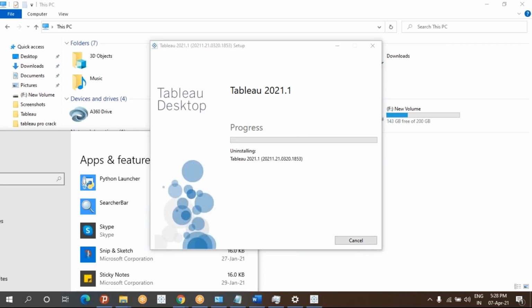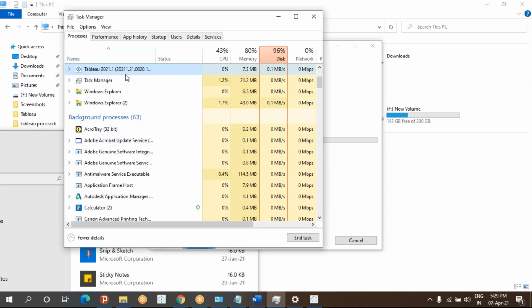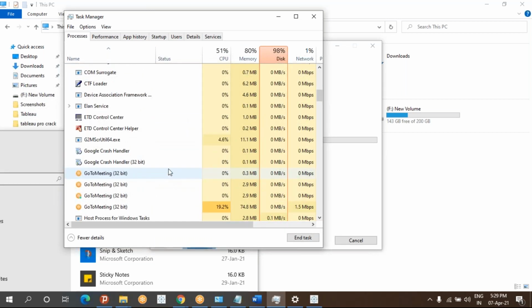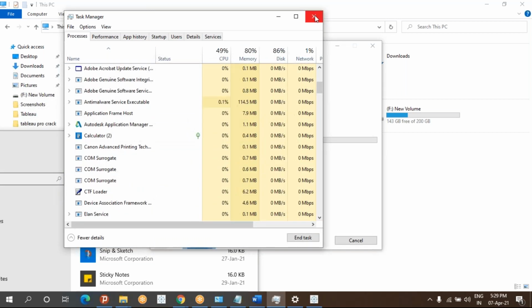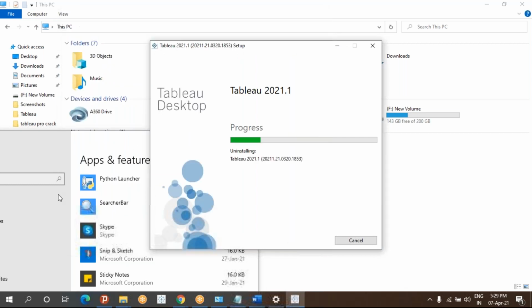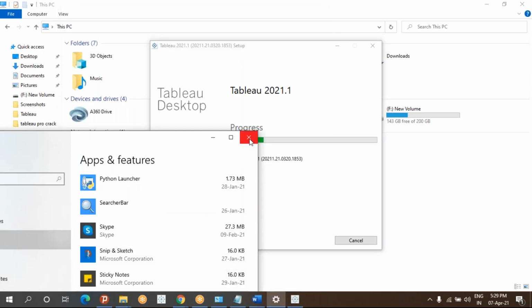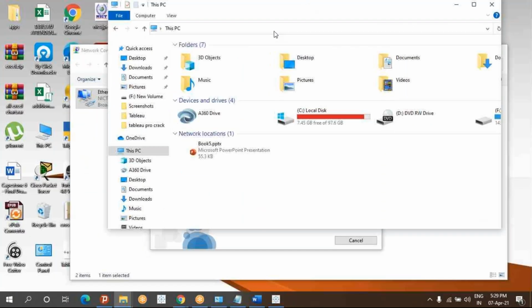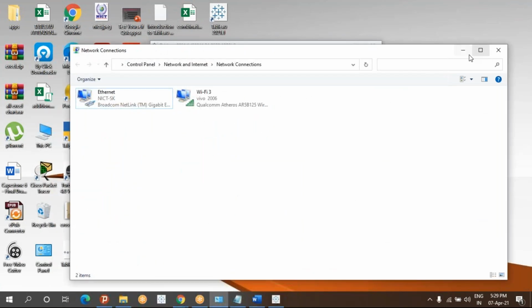See, when you are uninstalling, if it says it is currently running, you can restart it, or else go to the task manager and end the task by searching here. If you search T, Tableau will show. This is the one now uninstalling. Previously the services were running, so I ended the services so I could uninstall this. Once uninstallation is over, I'll tell you what you have to do.